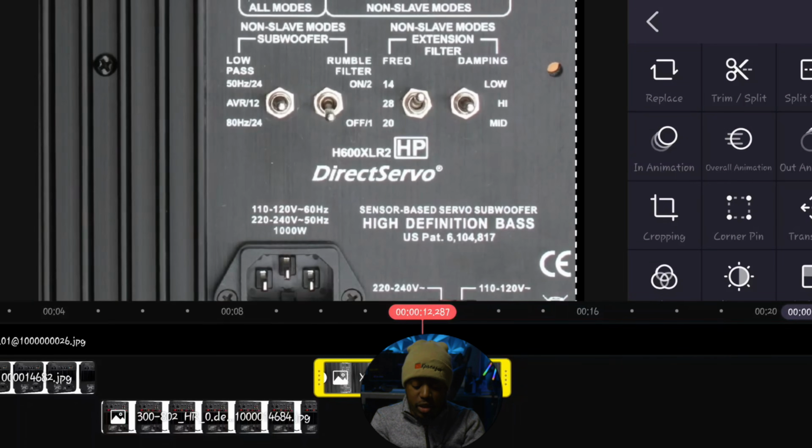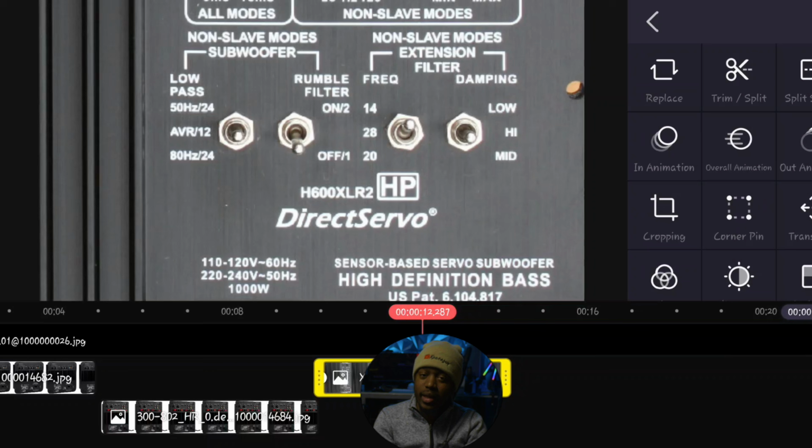The same thing happens for your rumble filter. Let's say you're watching a movie with some serious infrasound. We're talking 10 Hertz, 9 Hertz at high volumes. The rumble filter puts protection on the sub and the amplifier if you're playing really low bass that causes the subwoofer to hit near maximum excursion, meaning it's moving at its maximum limits. You can set a rumble filter to make sure that the sub never moves past its mechanical limits